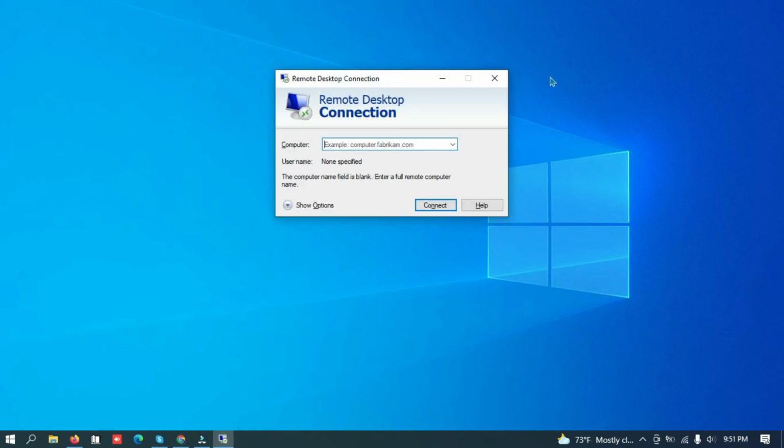This command opens the Remote Desktop Connection app, which allows you to connect to other Windows computers over the local network or through the internet. This helps you see the host computer as your own.